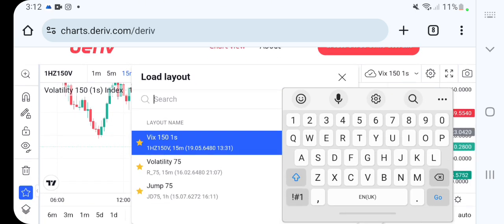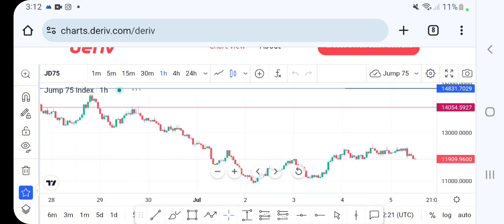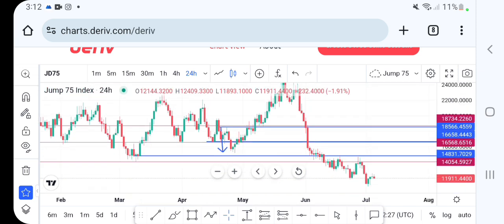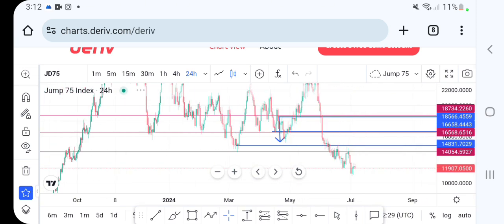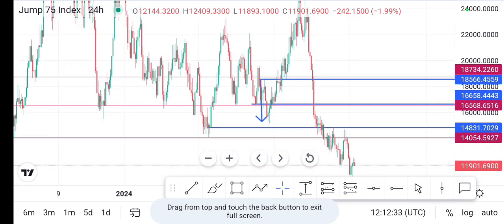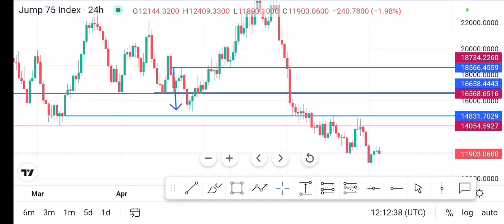Next pair, we're going to be seeing Jump 75. We always start from the high time frame, and we can see what we have. I'm getting the point as well. Also, we are on the downtrend. You can see clearly that the market has been making what,